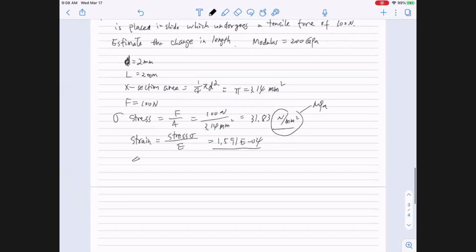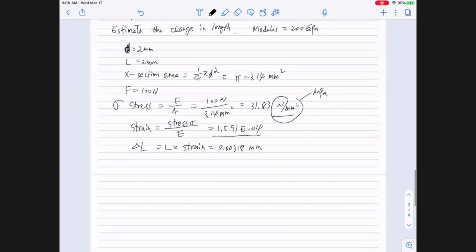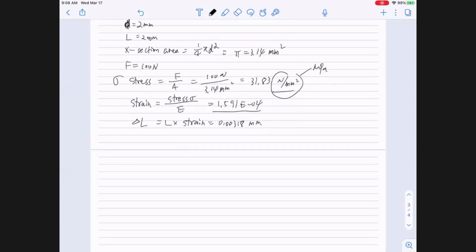And delta L is the original length L times strain, so it's around 3.18 micrometer. However, if we choose titanium,